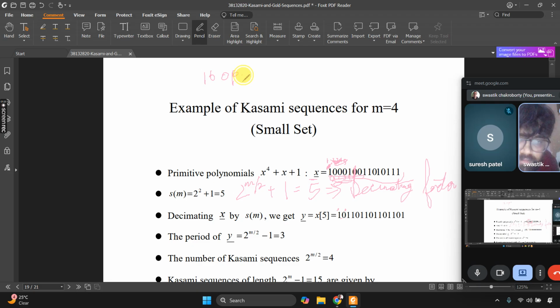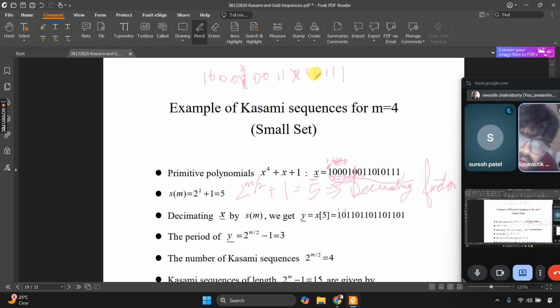1 0 0 0 1 0 0 1 1 0 1 0 1 0 1 1. So decimation by 5. So you start here 1 2 3 4 5. You delete this. You delete this. Next, 1 2 3 4 5. You delete this. Then